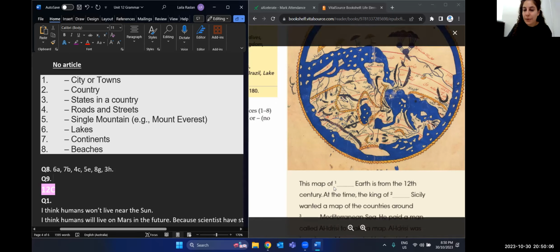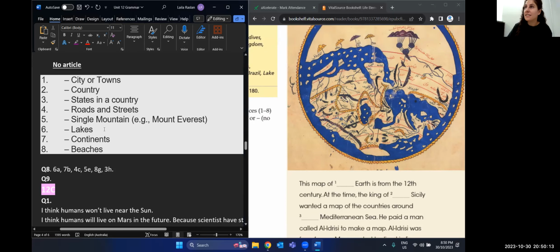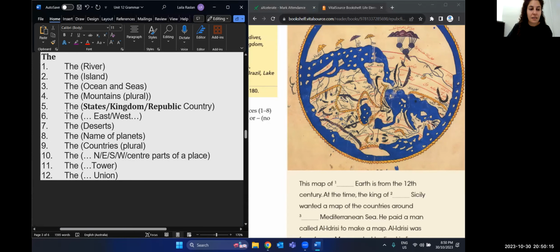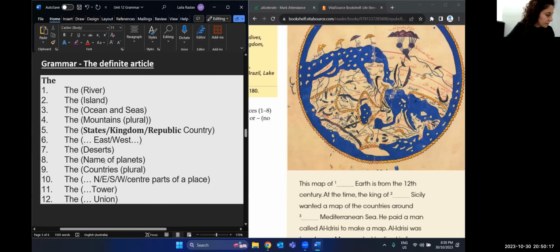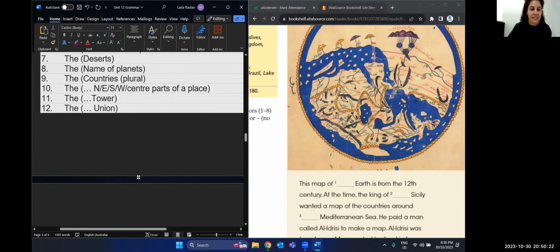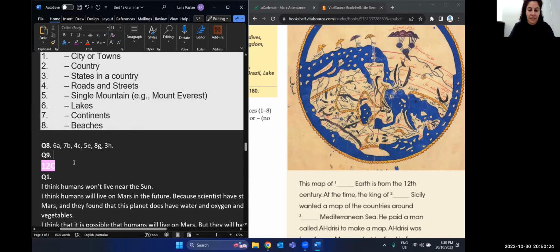So this map of, so for planets, of the Earth. So I need to say the Earth. The map of the Earth